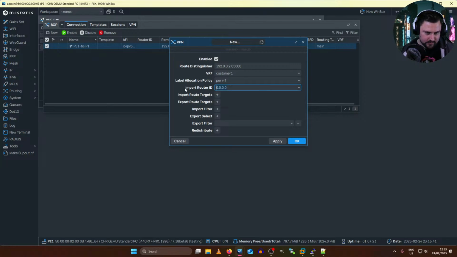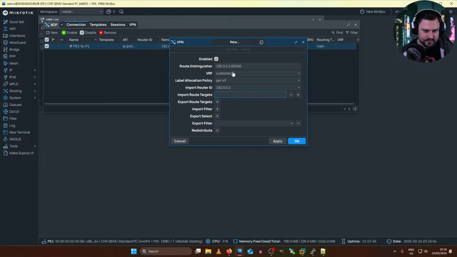Now I can do my import router ID. Now this I'm not 100% sure of. Let's just use this as my loopback address. We'll play with that because I don't remember this import router ID. Our route targets is basically very important.